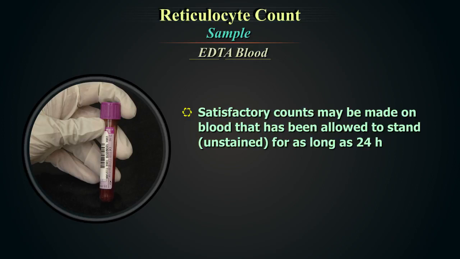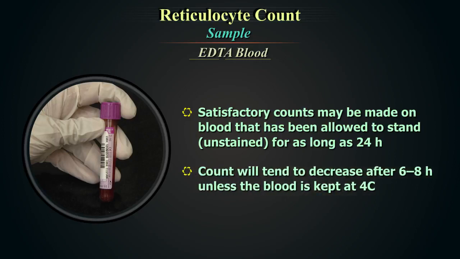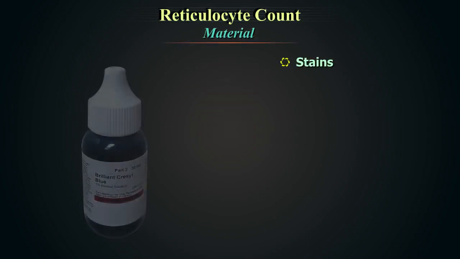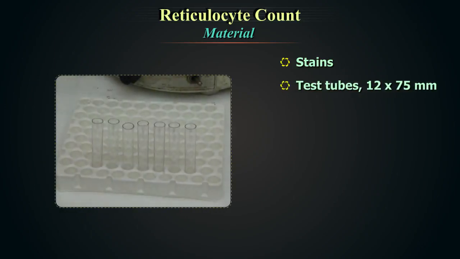Satisfactory counts may be made on blood that has been allowed to stand unstained for as long as 24 hours, although the count will tend to decrease after 6 to 8 hours unless the blood is kept at 4 degrees centigrade. The materials required for reticulocyte count are stains, 75 by 12 test tubes,